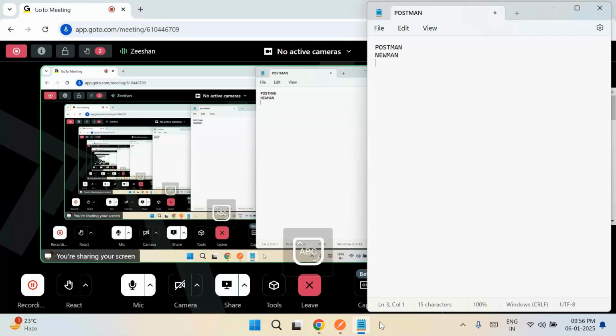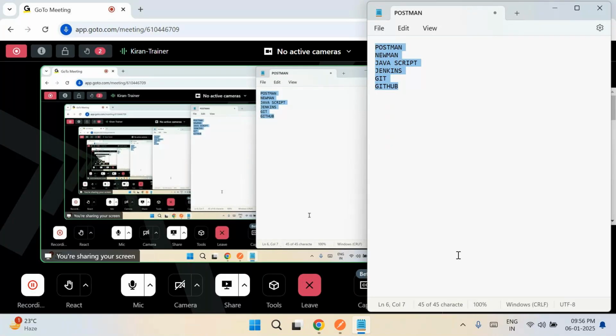Okay, good question. In fact, good thinking. These are the tools you need access to. All of them are open source. None of them are subscription based. They are open source, free forever, free for every person on the planet. So you don't have to worry about the licensing part and the other things.